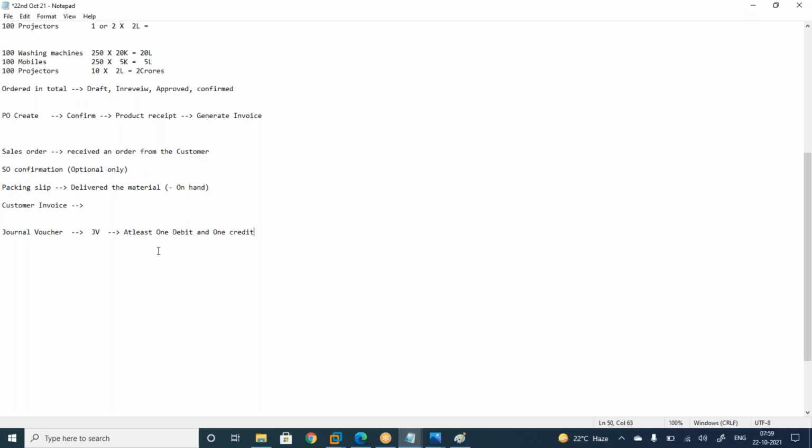Okay. So regarding finance, you will understand in detail in finance sessions. In this process, sales order is a part of sales and marketing department, and packing slip is stores department, and then invoice is a part of finance.